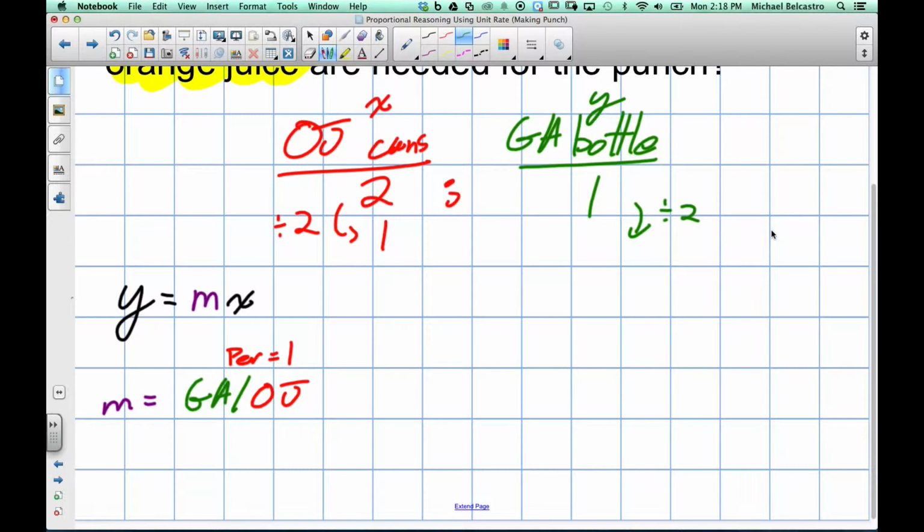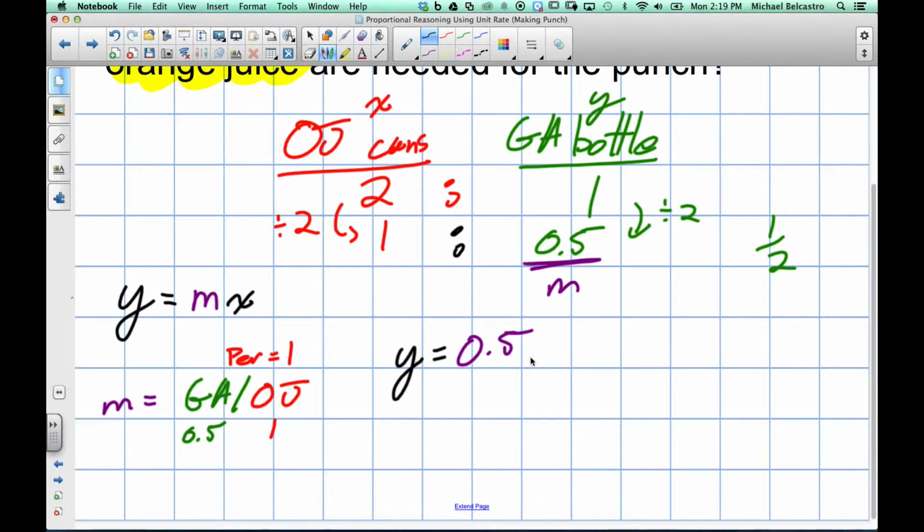And that'll either give you the value of a half or 0.5, which you guys might be more inclined to use as a decimal. Okay? This 0.5 is our rate, because OJ is now set up as 1. So OJ value is 1, which means our ginger ale is 0.5. So 0.5 divided by 1 is 0.5. That's our rate. But m is our rate. So our equation now reads y is equal to